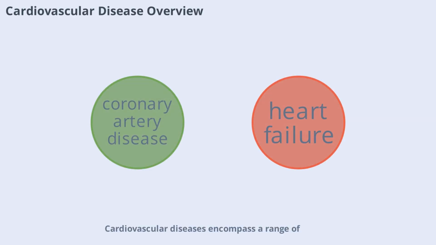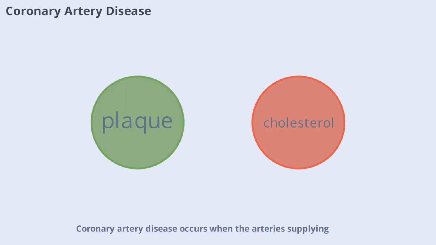Cardiovascular diseases encompass a range of conditions affecting the heart and blood vessels. Common examples include coronary artery disease, heart failure, arrhythmias, and hypertension. These diseases can result from genetic factors, lifestyle choices, or environmental influences. Early detection and management are crucial for preventing complications. We'll now delve into specific types of cardiovascular diseases, starting with coronary artery disease, to understand their impact and underlying causes. Coronary artery disease occurs when the arteries supplying blood to the heart become narrowed or blocked, often due to